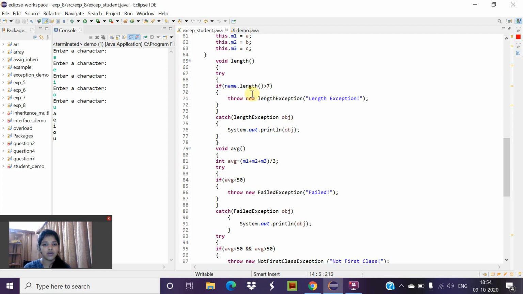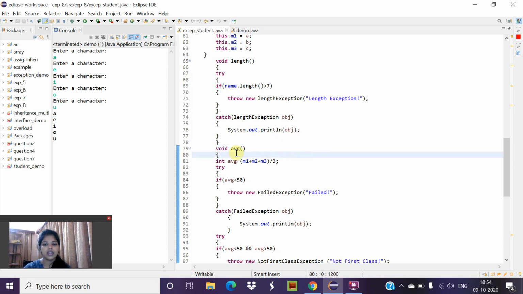We are checking whether name.length, that is the length of name, is greater than 7, and if it is true, then it will throw a new LengthException and print length exception, followed by a catch statement. It will print the particular exception, what kind of exception it is.